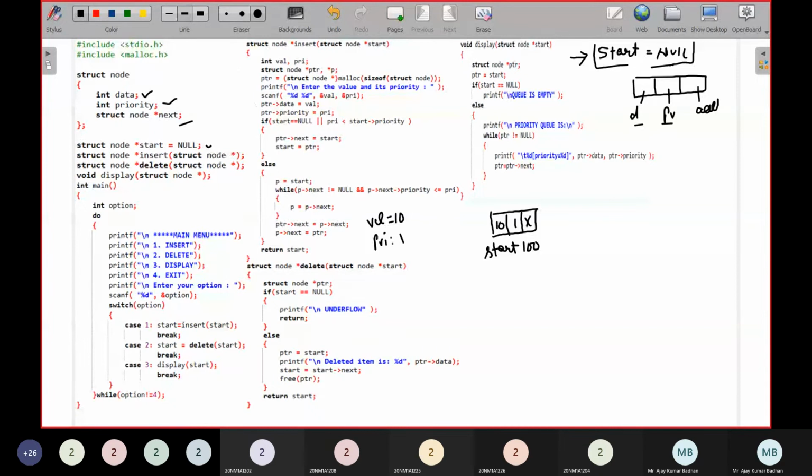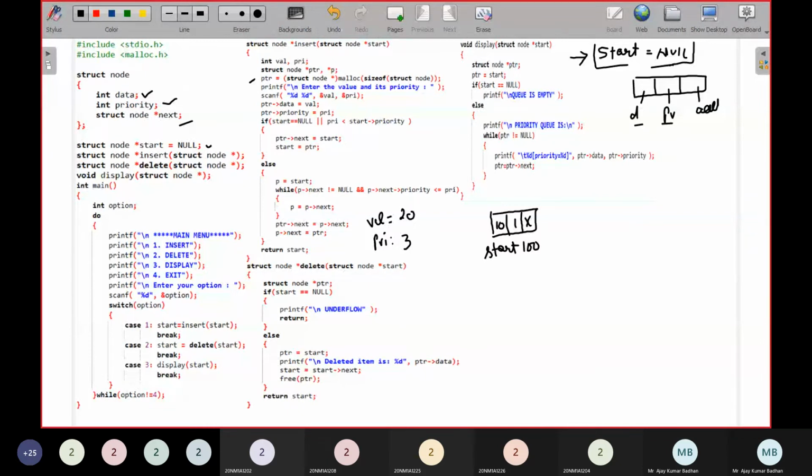So what will happen here? Again, you'll come back here. Now this time I want to insert the value 20 and the priority of this is 3. I want to give 3 here because I want to execute the in-between part also and show you. So for that purpose, I'm using this. What value do I want to store here? 20. And the priority here is 3. I want to insert this particular node.